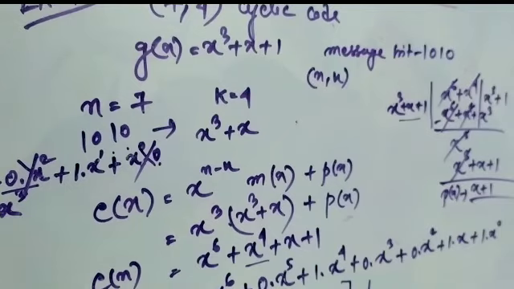Again I am showing you one thing. You have to check here. This one is for this, 0 is for this, 1 is for this, 0 is for this, 0 is for this, 1 is for this, and this last one is for this. So by this way we can get this code word. By this way you can easily calculate any code word or message bit if the polynomial is given to you, and vice versa.